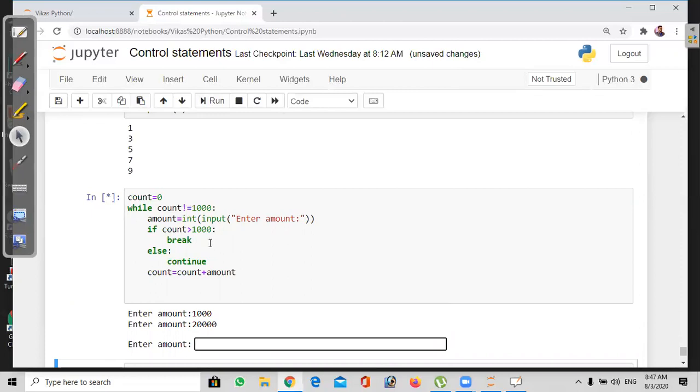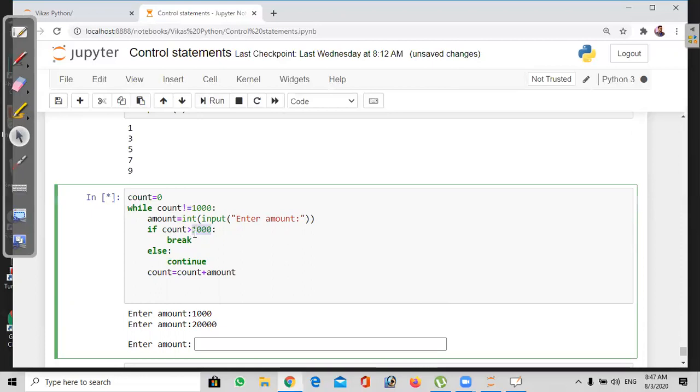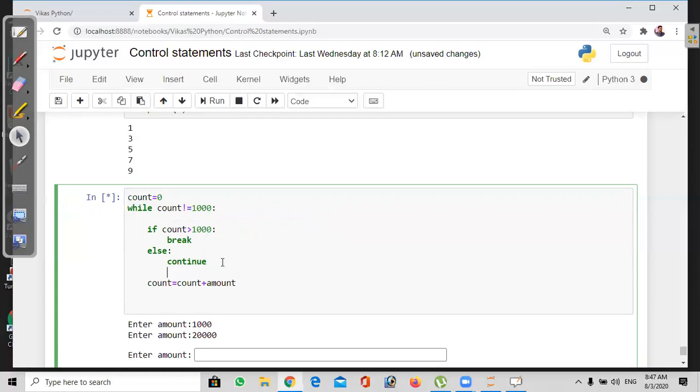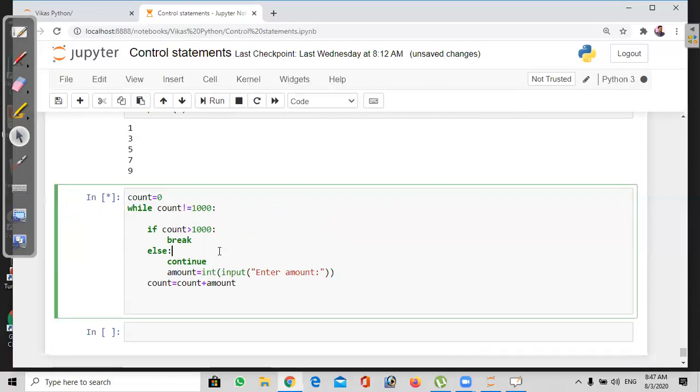It's asking, if the amount is greater than 1000, it should not ask the user to enter the amount. It's getting stuck when we apply the logic. Actually, when it has not reached 1000, it needs to take that input from the user, but it's getting stuck continuously.